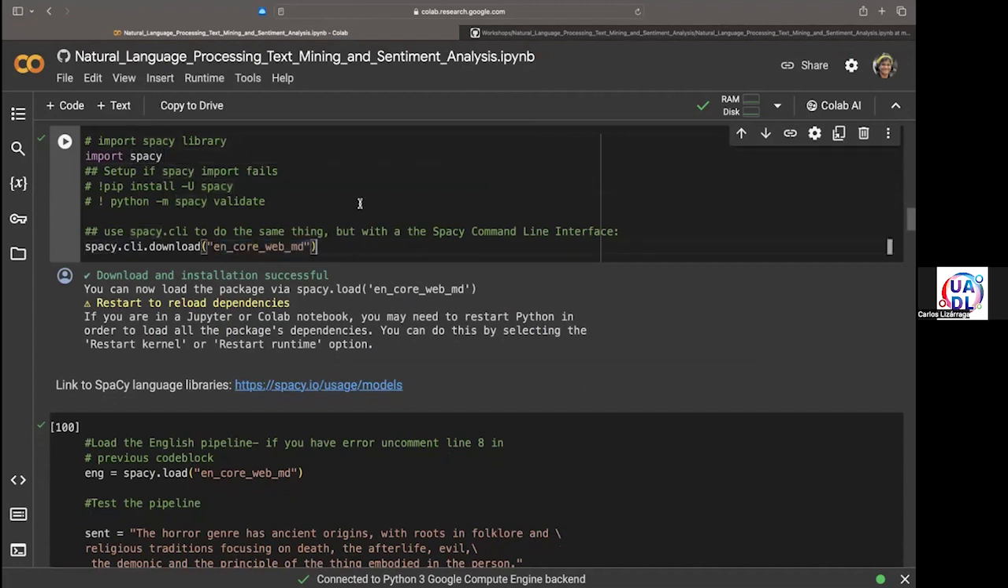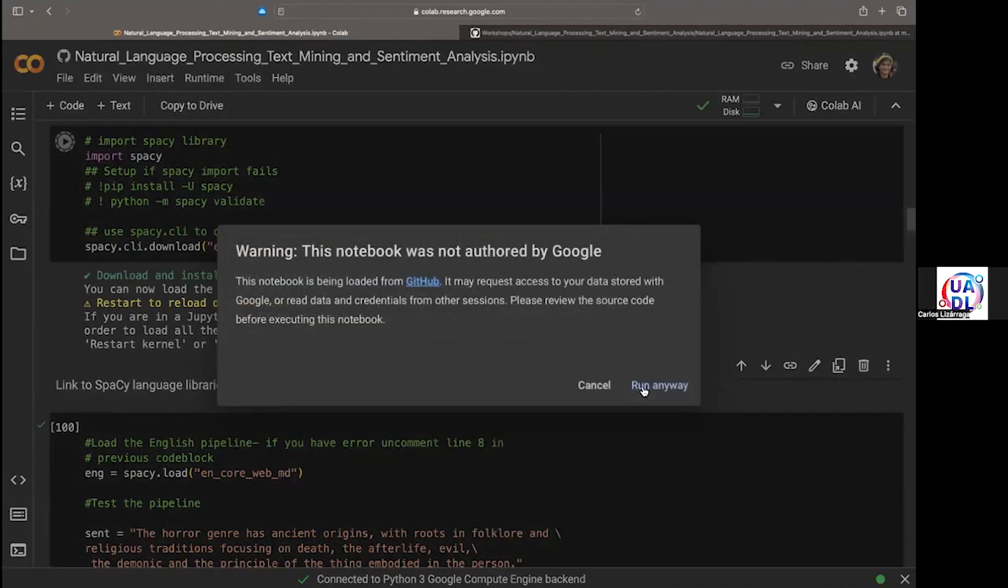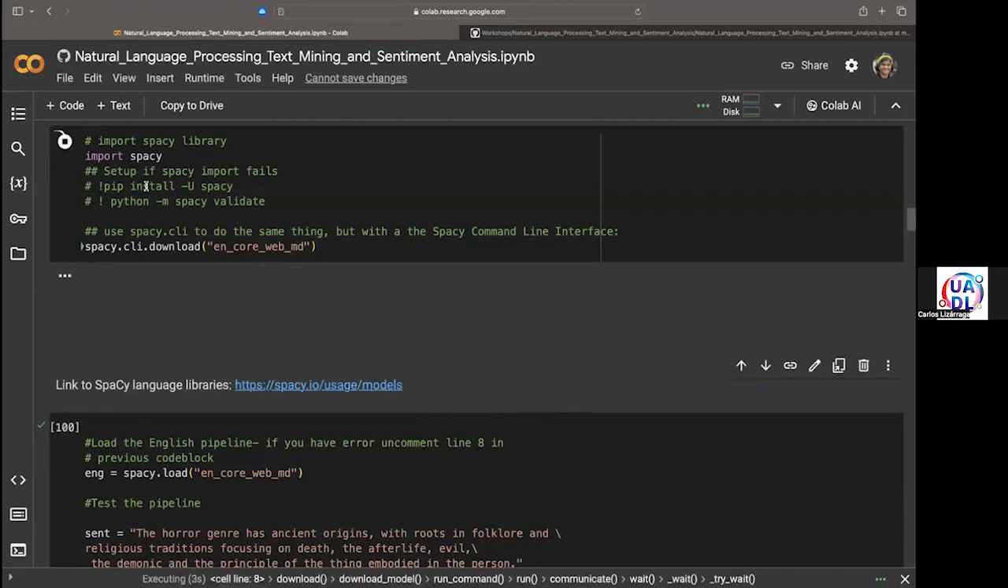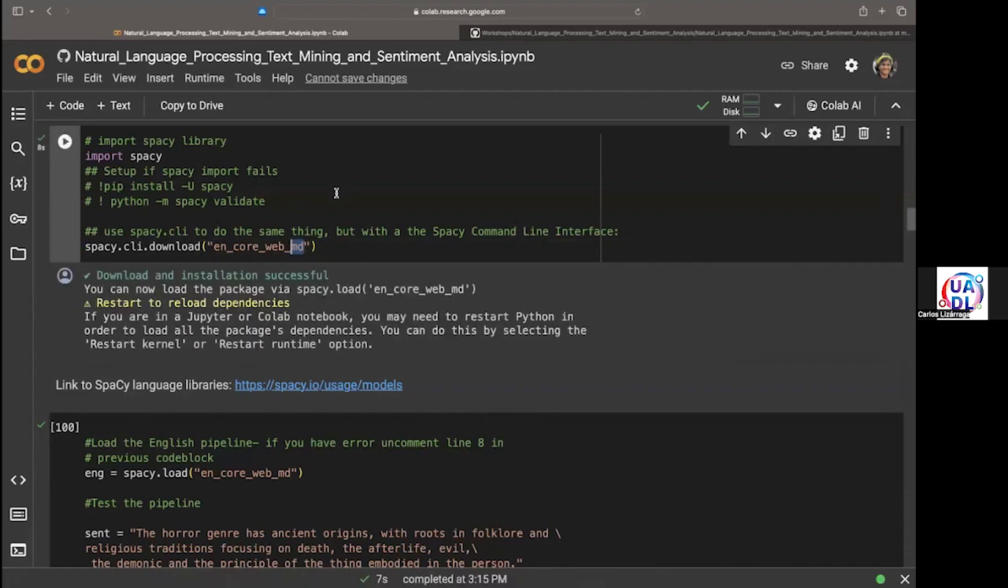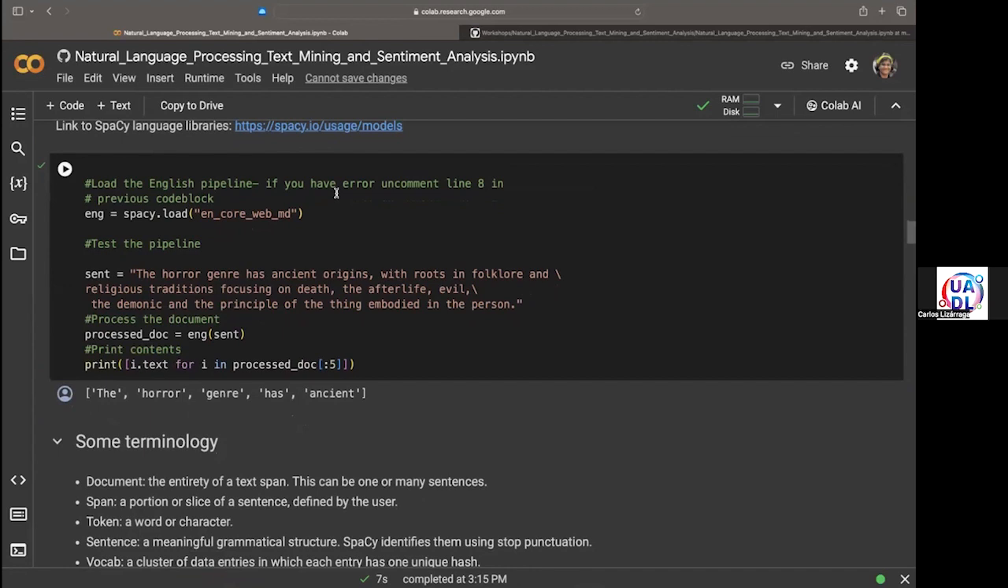There's a full list that you can access using the spacy.io usage models that'll tell you about all your options. Today, we're going to use the MD or the medium-sized English library. There's also small, there's also large. Because we're not using a very high intensity task today, the medium-sized library should be all right. All right. Now, once we have our English